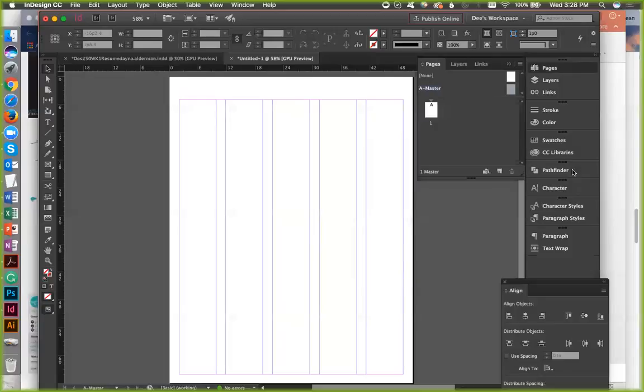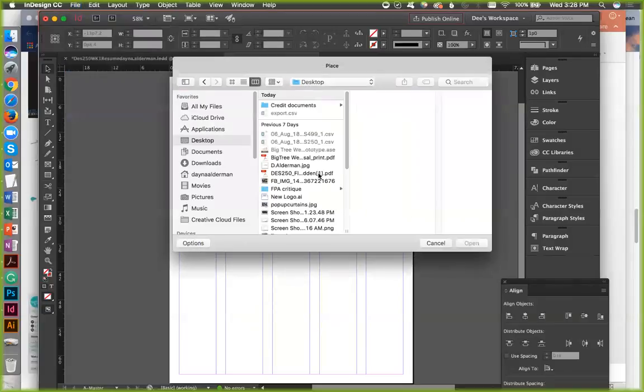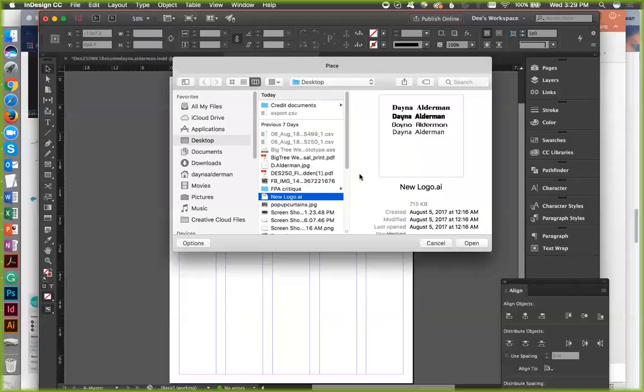Okay, good. This is all according to the way that you design. Now, it gives me more space up the top. For instance, I'm going to bring my new logo in. I'm going to File, and I'm going to just place my logo in here. I have a couple different logos I'm working on. I've got this new logo right here that I really, really like.